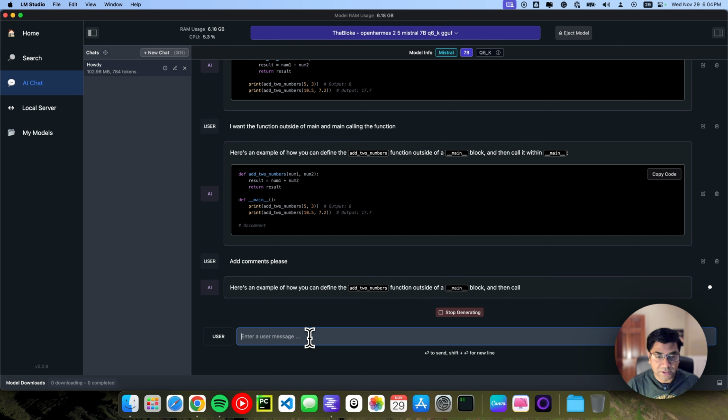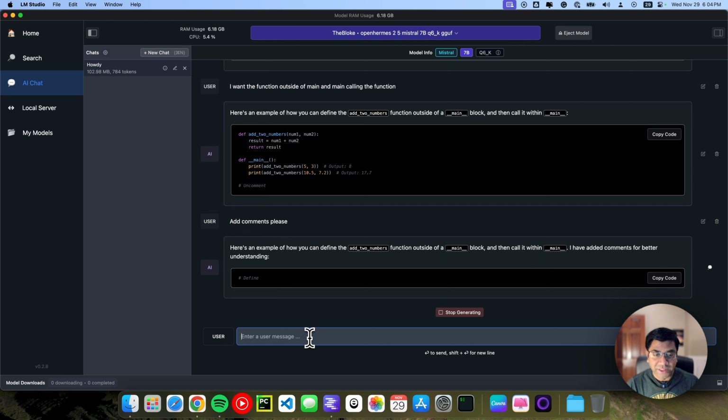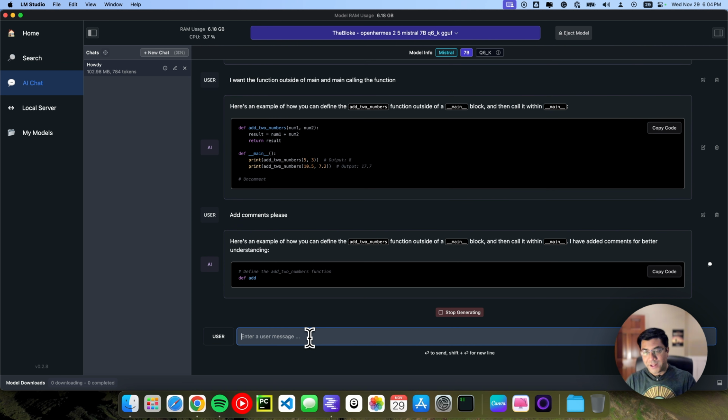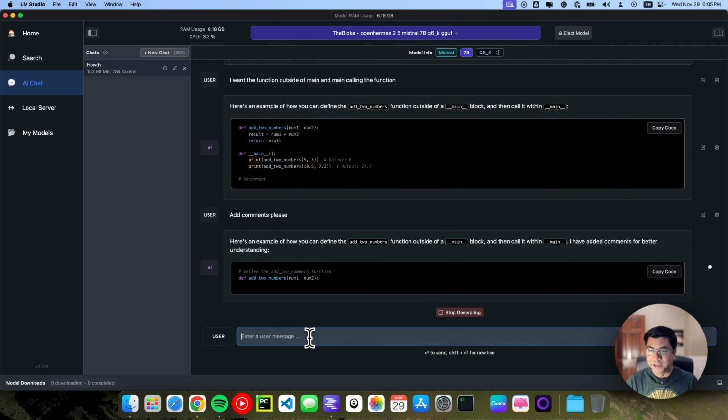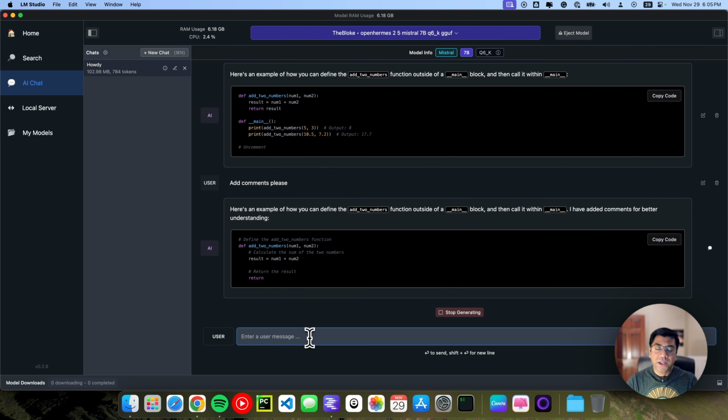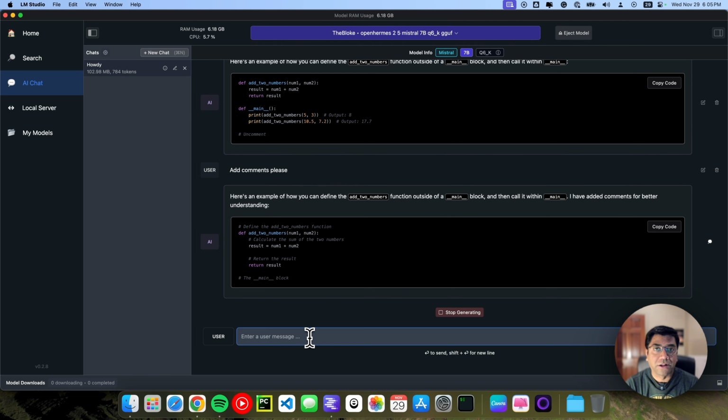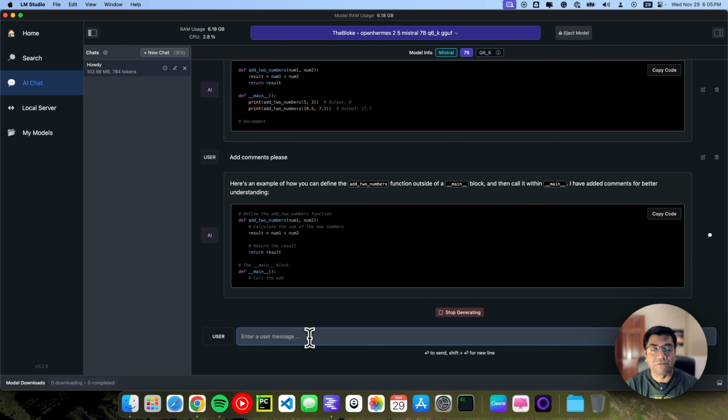There you go. Here's an example of how you can define. Again, it's starting with the first sentence, but it did infer that it needs to add comments for better understanding. So that's good, right? So now it's adding the comments here. So you can see that you can use these models locally to do certain things where you don't have to